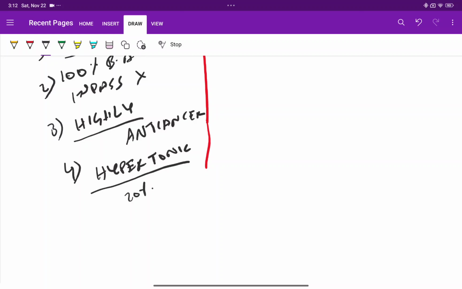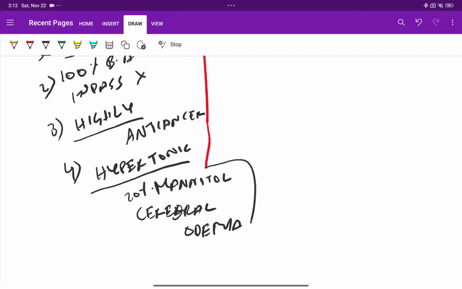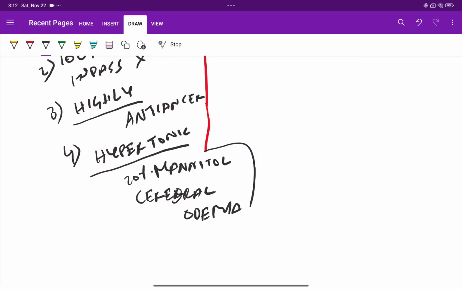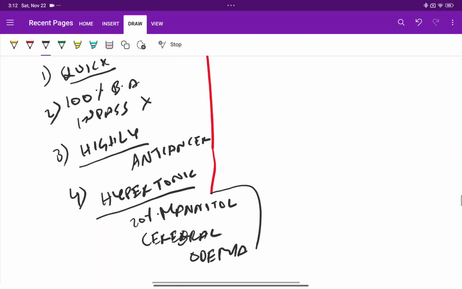Example, 20% mannitol for the cerebral edema. Then we can give highly irritant drugs, hypertonic drugs, with 100% bioavailability,